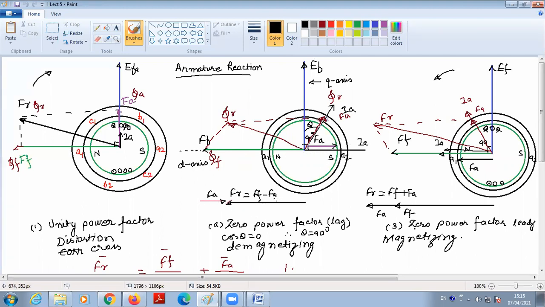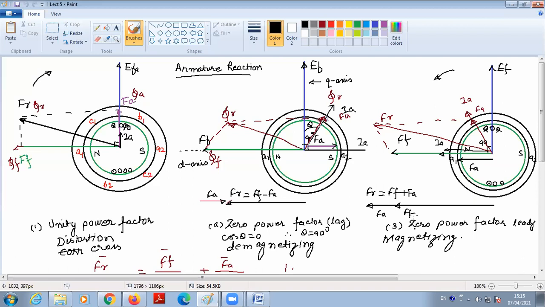So in this single line diagram, it says that there is a demagnetizing effect. So the total flux over the periphery of the armature is demagnetized, meaning it reduces the magnetic flux, and hence the excitation EMF also decreases. Whereas for zero power factor leading, the flux produced by the main field windings and the flux produced by the armature winding are both in the same direction, so it is additive. So in this diagram we find FF plus FR, so the total flux is very high, and hence it is called a magnetizing effect.